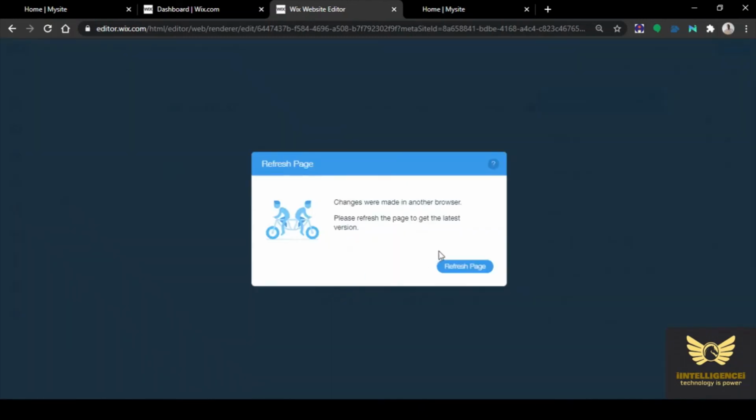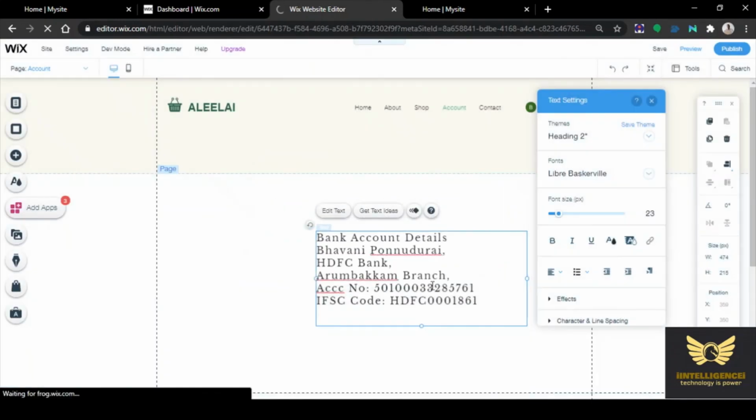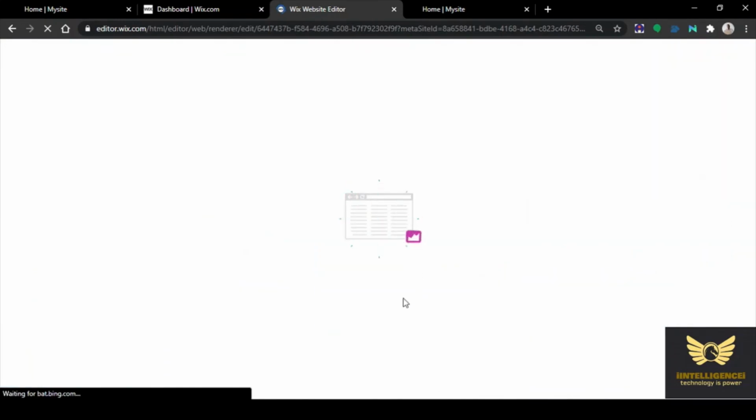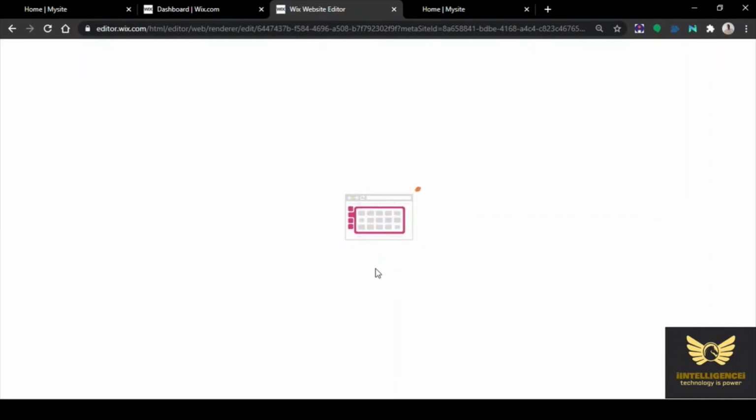So now publish page. Click publish page. Any changes that you make in this editor must be published without fail. Only then it will take effect.